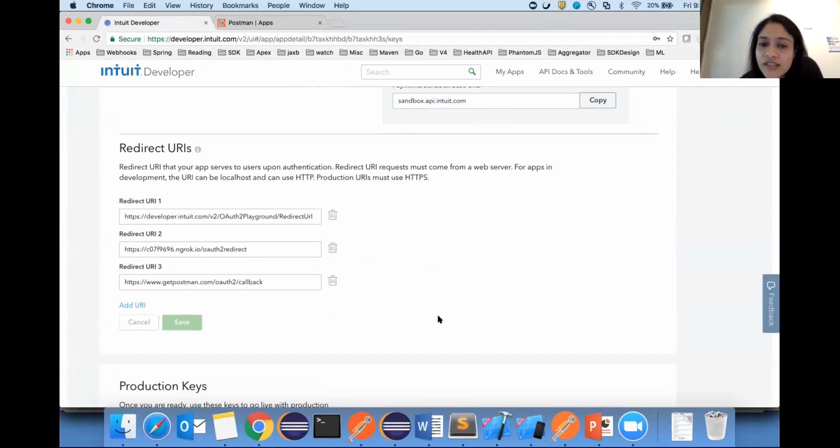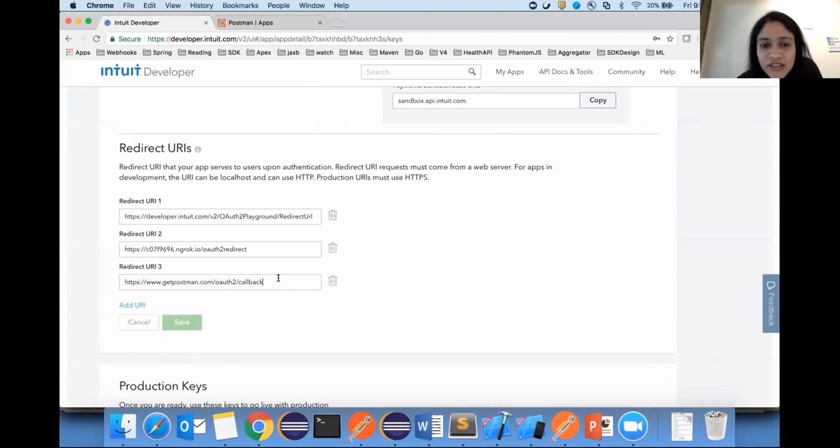And once you initiate the initial OAuth handshake, you get a response sent or callback sent back from Intuit's OAuth API to your redirect URI, with a temporary auth code, and then your redirect URI or your callback endpoint is supposed to process that auth code and exchange it to get the actual access token. So if you're using Postman, basically what it means is that it requires you to host a callback URL on your end before you even